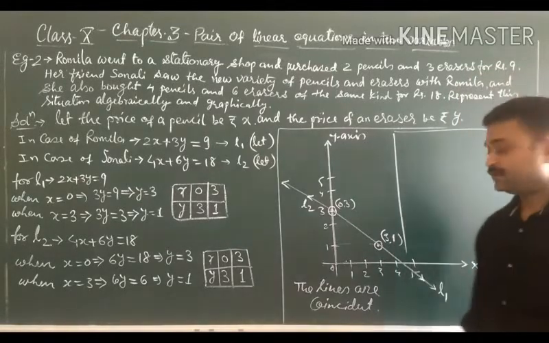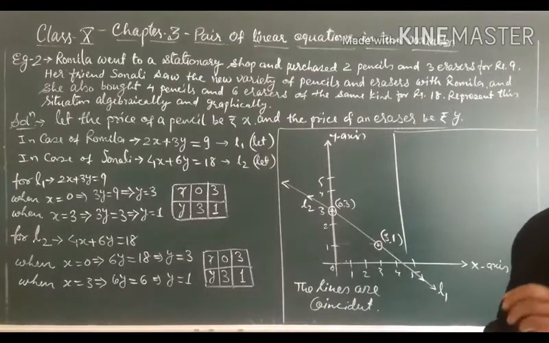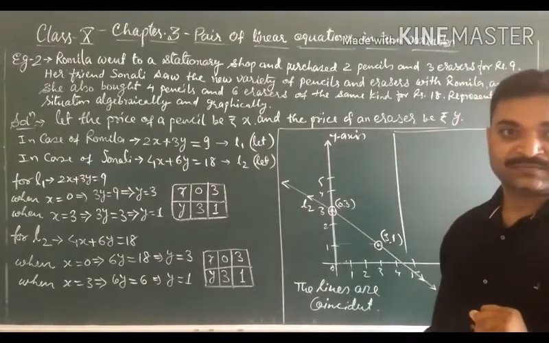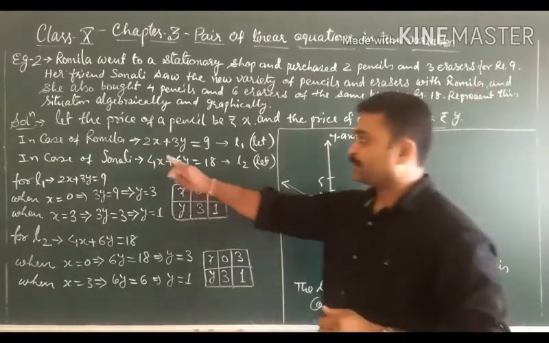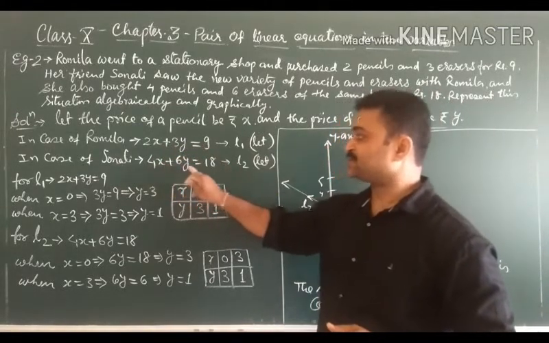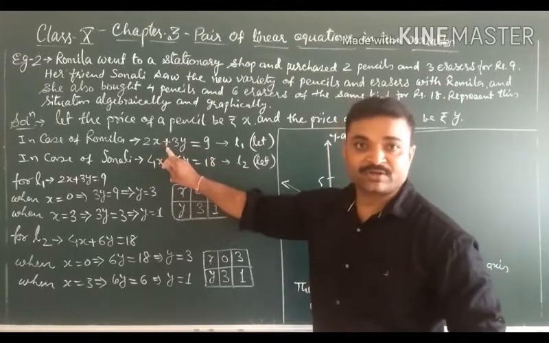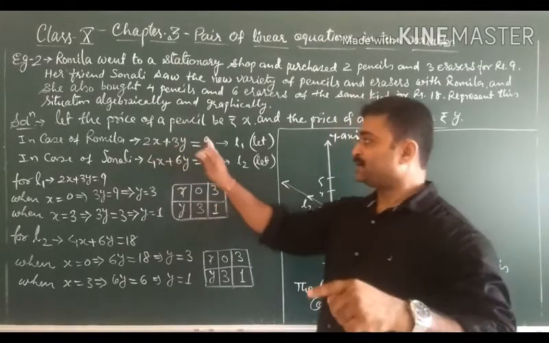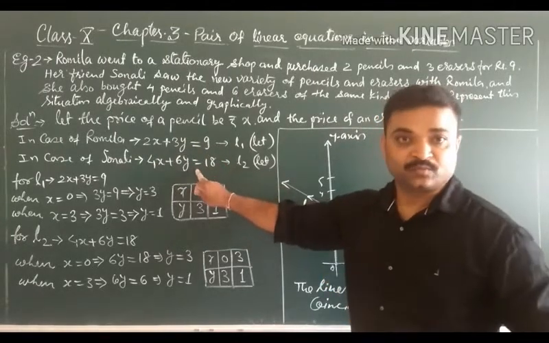Never. Why? Because they are not different. They are same, they are equivalent equations, or we can say they are dependent on each other. How? See here, 2x plus 3y is equal to 9, okay, and here 4x plus 6y is equal to 18. If we multiply the first equation by 2, that means left hand side multiplied by 2 and right hand side multiplied by 2, we will get the same equation as equation number 2.